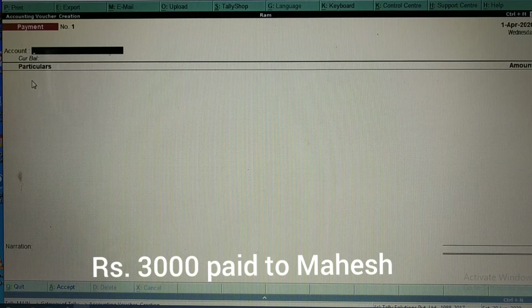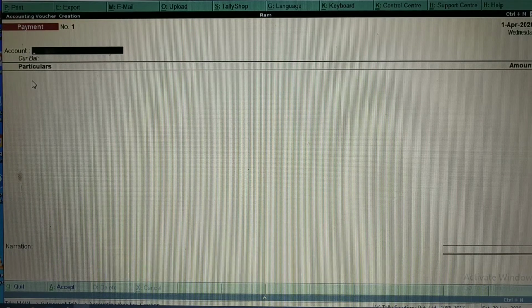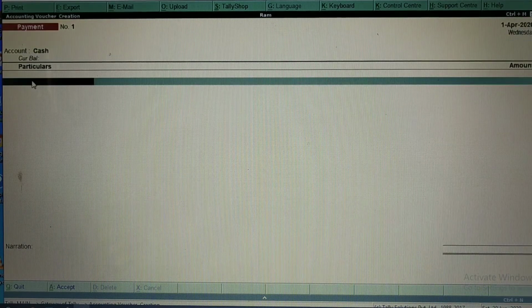One more thing I will do here. All these transactions I have taken on cash itself. So here I will take Cash account. Multiple transactions we can enter in the same payment voucher here, so no need to take different pages for different vouchers. In one voucher window, I will enter all the transactions here. What we have, first transaction is what?